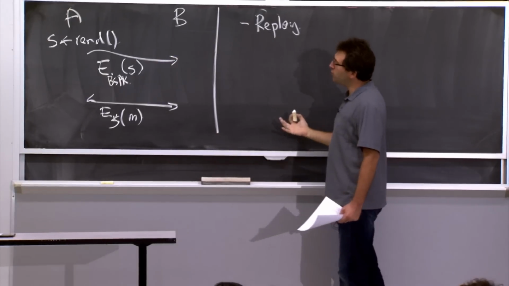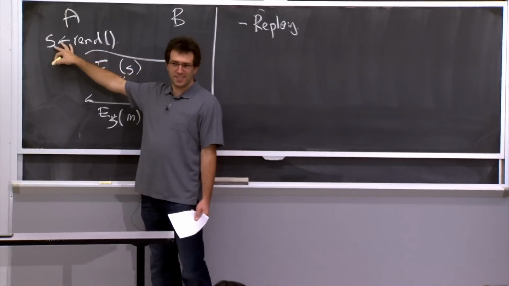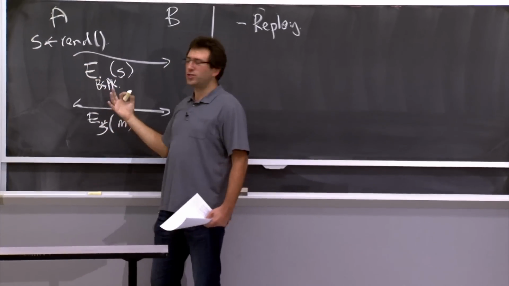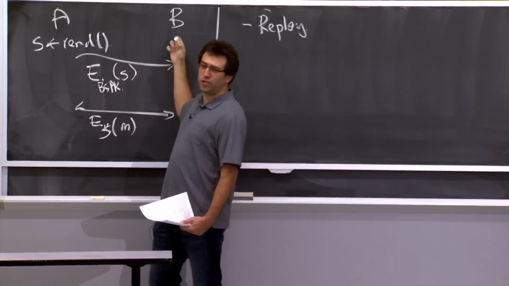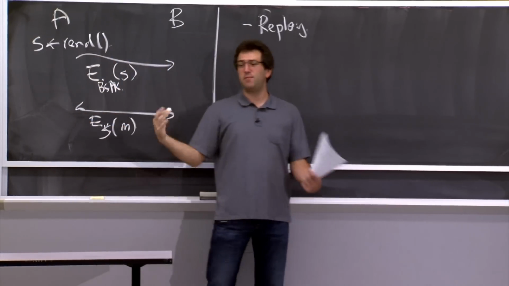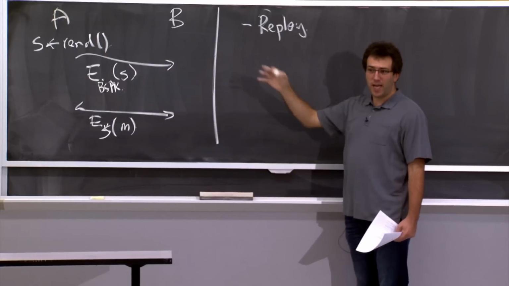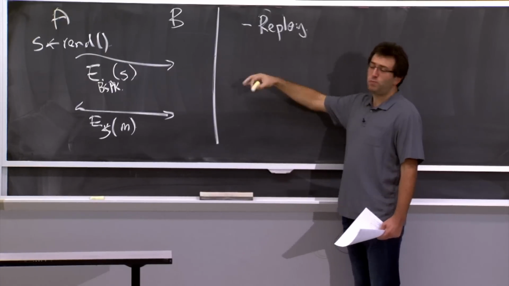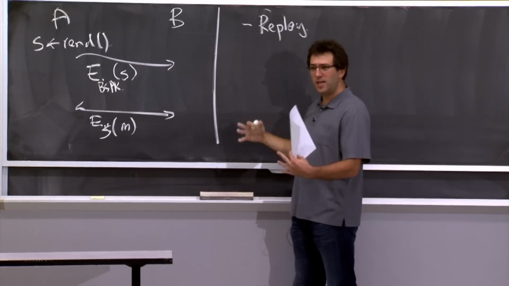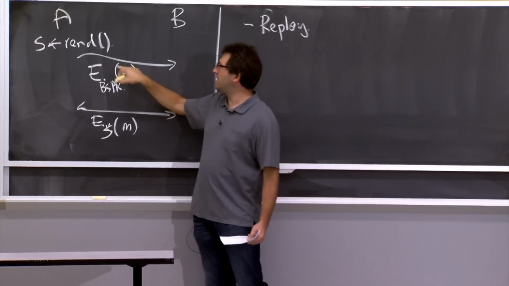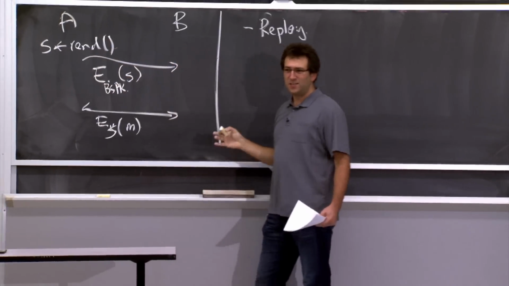So typically the solution to this is to have both parties participate in the generation of S, and that ensures that the key we're using is now fresh. Because here, because B didn't actually generate anything, these protocol messages look exactly the same every time. So typically what happens is that one party picks a random number like S, and then another party, B, also picks some random number, typically called a nonce. There's two random numbers. And then the key they agree to use isn't the thing that one party picked, but actually is the hash of the things that both of them picked. So you could do that.